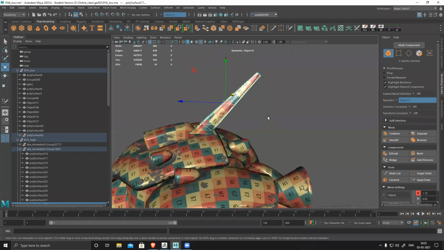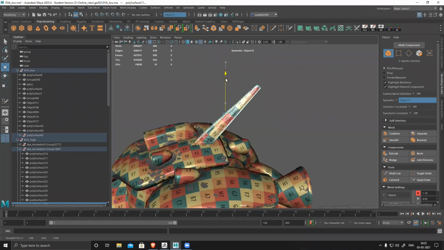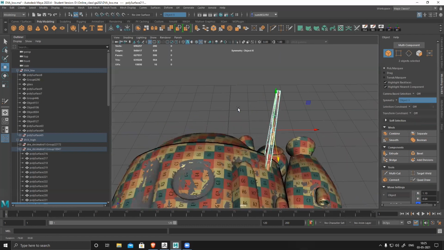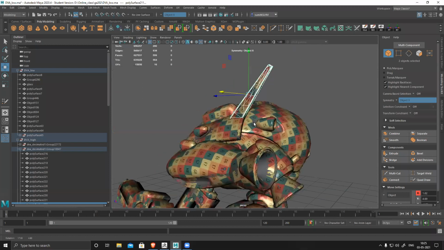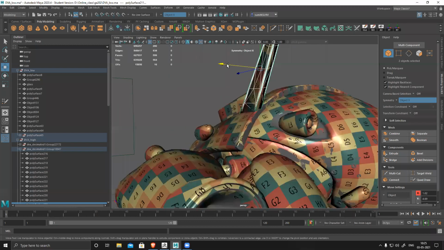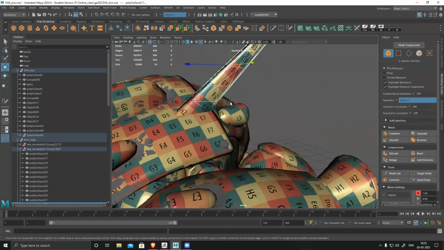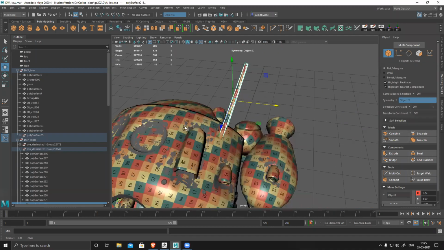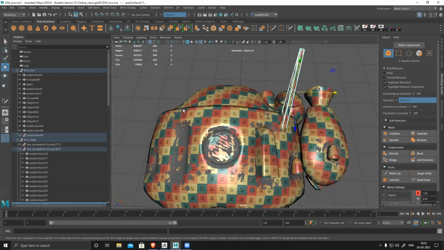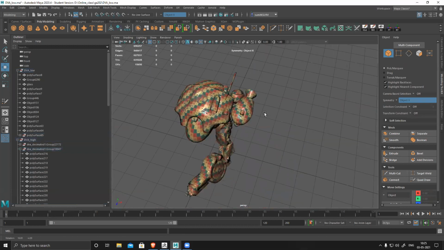More like this. So instead of messing up my high poly and low poly, I'll just simply move low poly, high poly together. I just move them together. So now when I'm going to symmetry this, it will place somewhere here automatically. So it will be fixed. So my low poly, high poly is done.